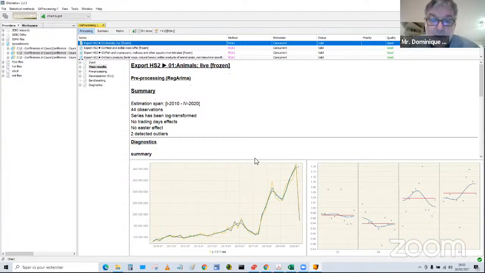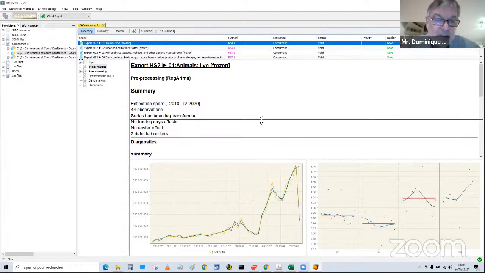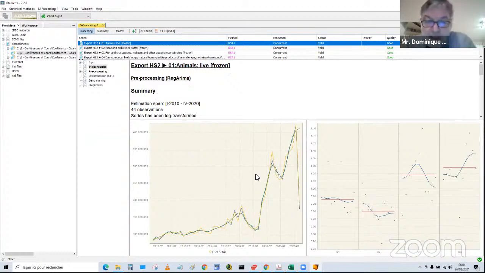If I look at the graph, which is always what I do, I do not see a real seasonal component. I can see that the series is moving very, very fast in the second part since 2017, but I do not see a real seasonal component